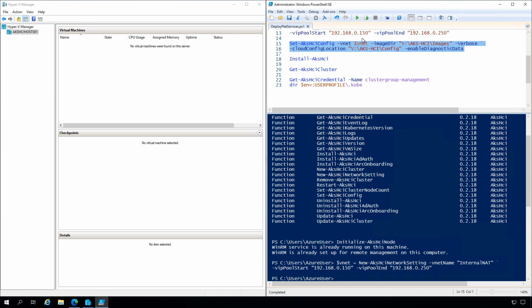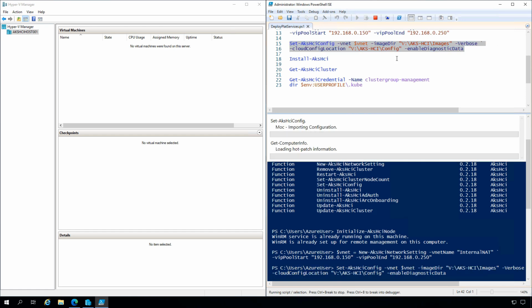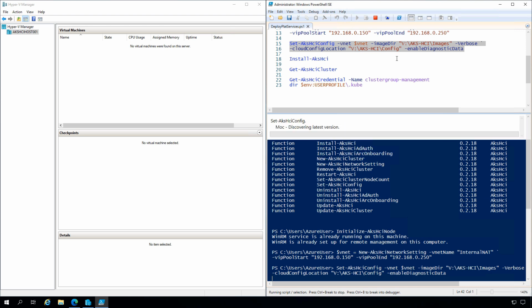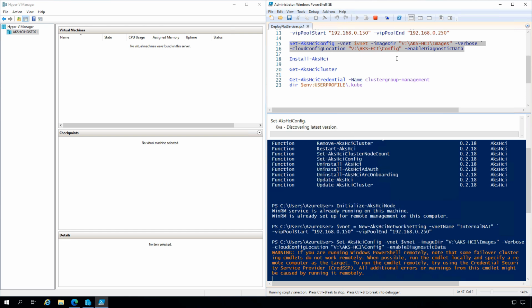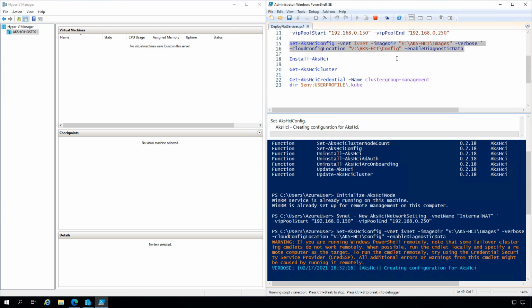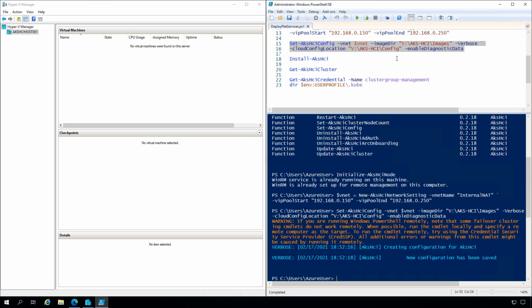It's also going to ask for some additional parameters, optional in many cases, such as where you'd like to store your images and where you'd like to store your config files. In addition, there are other parameters where you can specify sizes and other characteristics, and you should refer to our documentation to check out all of those. When you run that, you're essentially telling the AKS HCI system, this is what my configuration should look like. These are some of the characteristics. So we're not installing AKS HCI at this point, we're just defining almost like a template for deployment of AKS HCI. Once that's done, it takes just a few seconds.